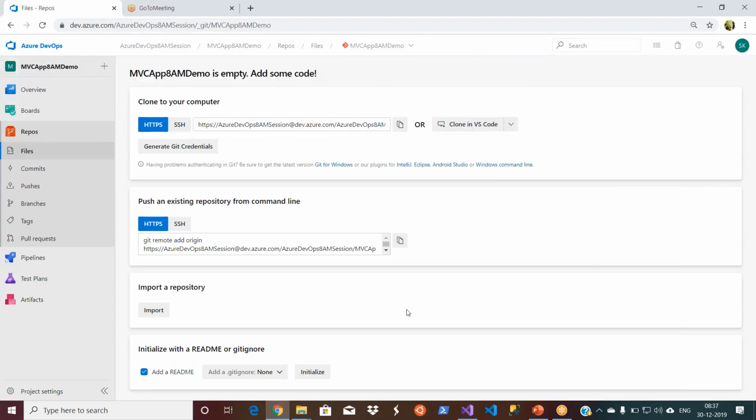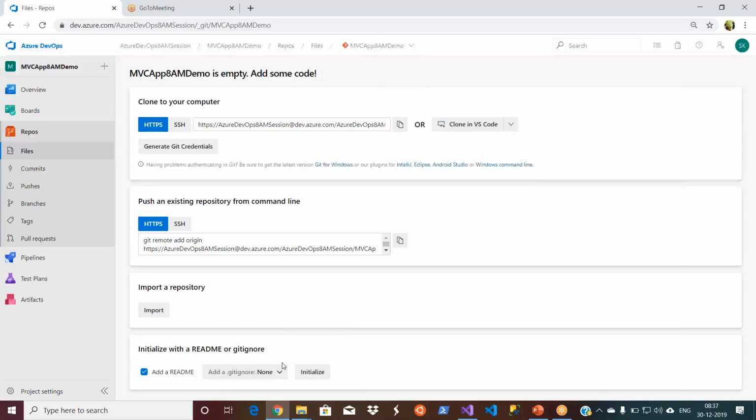And you see something in the background. We were talking about the .gitignore file. I can add a .gitignore file as well. Right now it is selected as none. First, I do not add it. That way, you will see what exactly is being copied to your remote repository, and then we will apply it. First, let's make a mistake. When you do some compilation, it will fail on the server. Then we will go and apply these things, and it will resolve those issues. That way, your troubleshooting will also be covered.